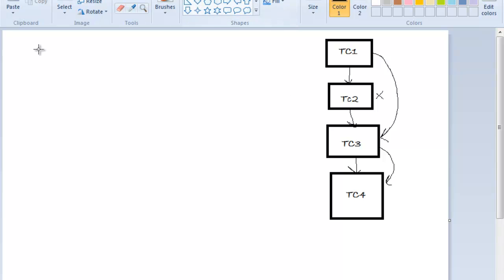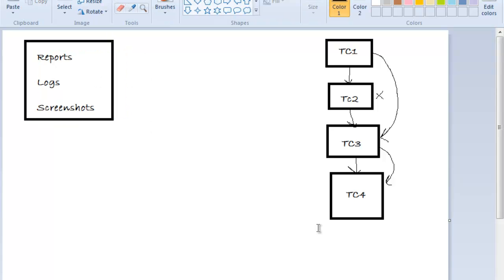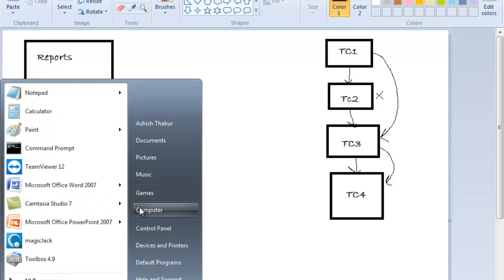Apart from this, you need to generate reports. This is important. The reports should have logs. Reports should have screenshots. Okay, what do you mean by, hold on Rama, I'll answer your question. What do you mean by reports, logs, screenshots? Look, a proper HTML report should be formed which should have logs of what happened at each and every moment when the script was running, and if something fails, then you should have the screenshots of the failures in your reports. For example, I'll just show you